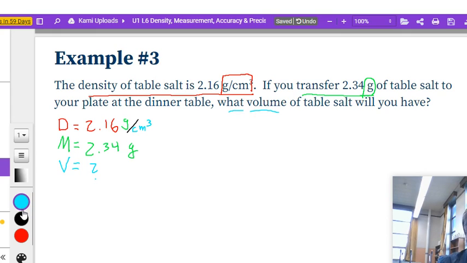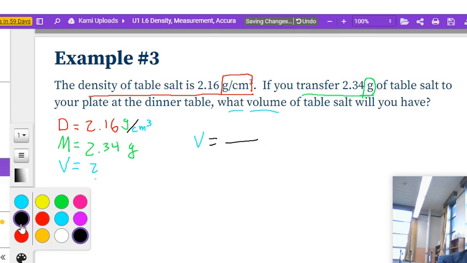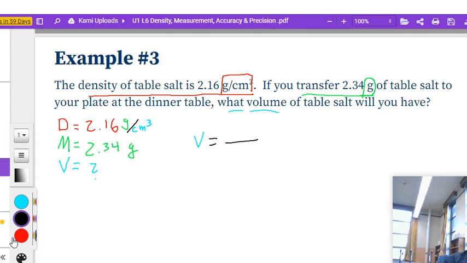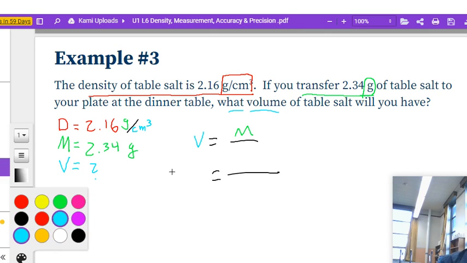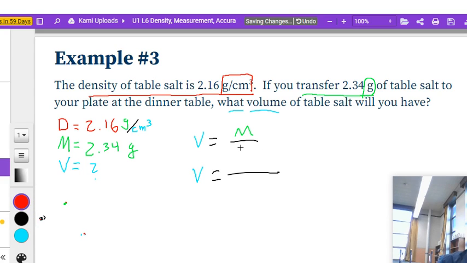So I'm going to use the triangle of fun and find that volume formula is going to be equal to mass over density. So I am going to get my mass. I'm going to pause, figure this out. All right, so I find that volume will be equal to mass over density, right? And so I'm going to plug in my volume,